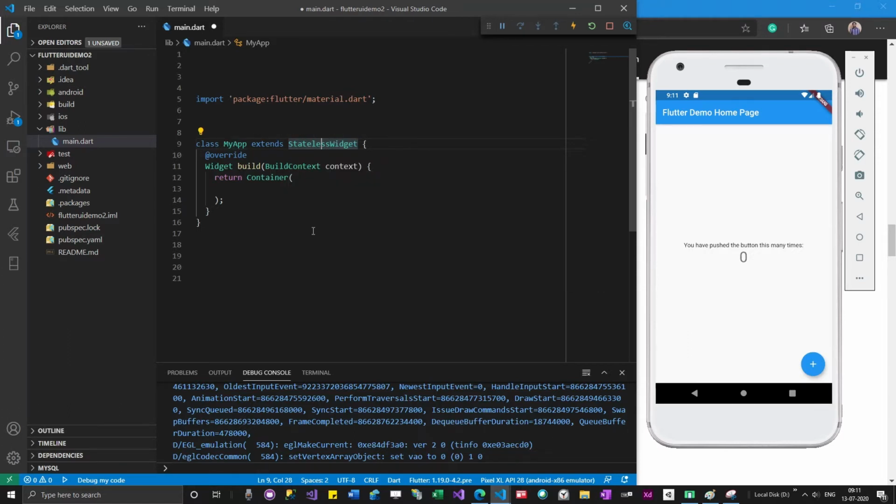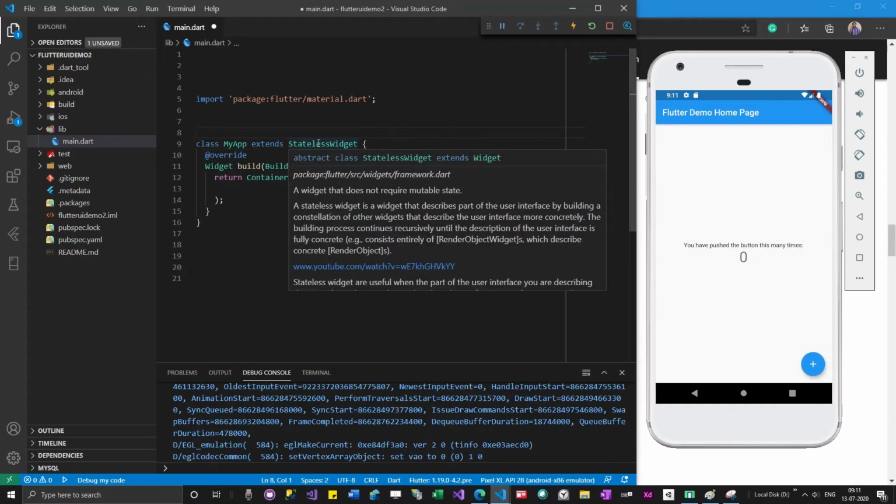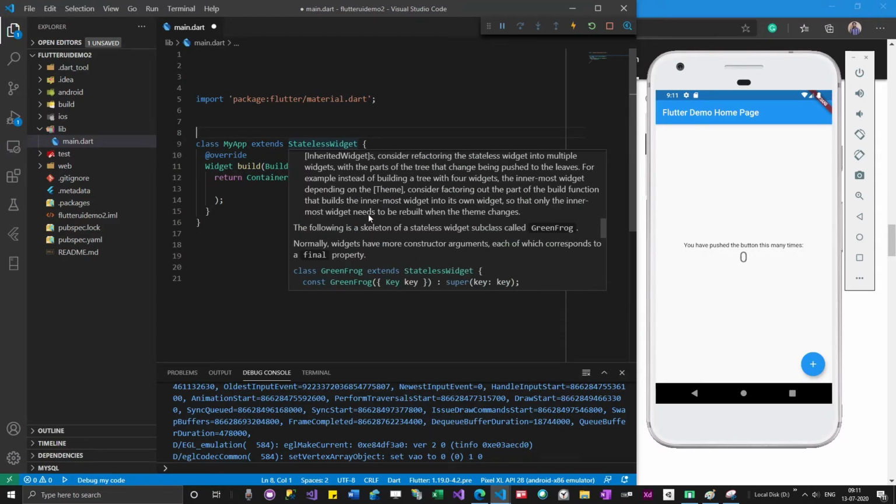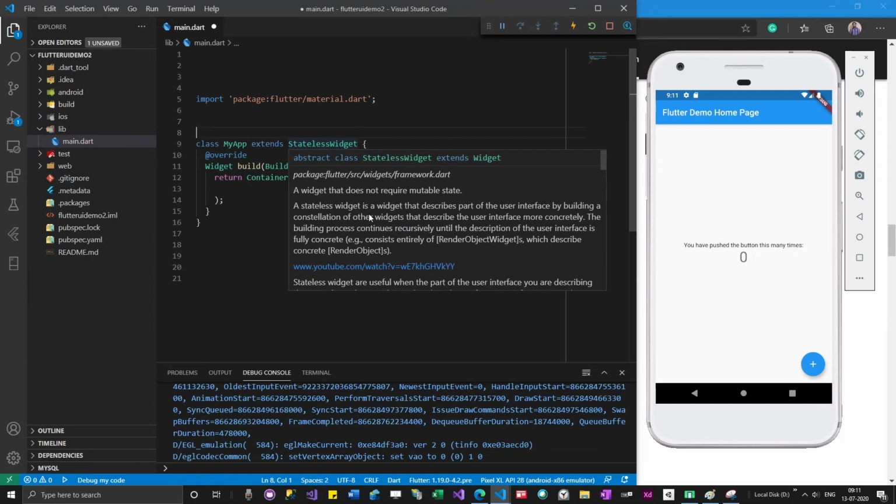But that doesn't mean you need to be aware of what methods StatelessWidget supports. You don't have to worry about it. If you are really interested in knowing about internals, you can hover over it and read this stuff. In the initial stages it will not make any sense, but as time passes on it will make some sense to you.